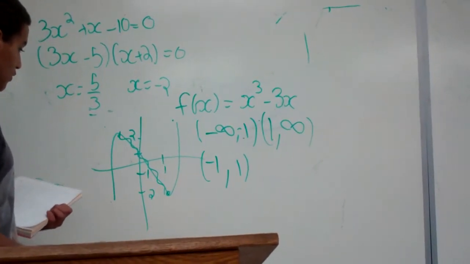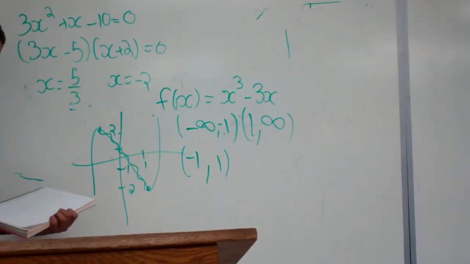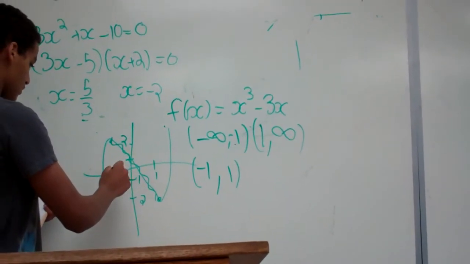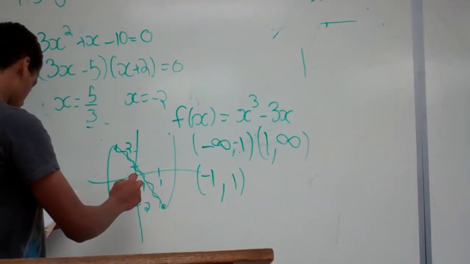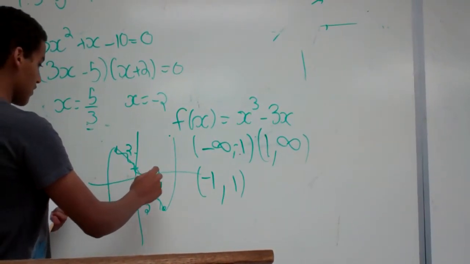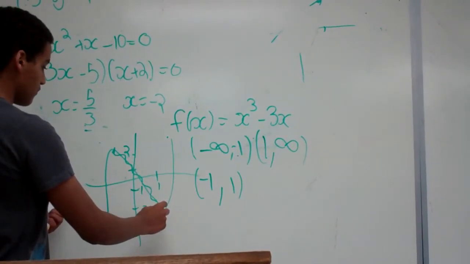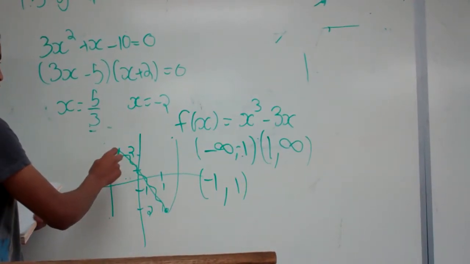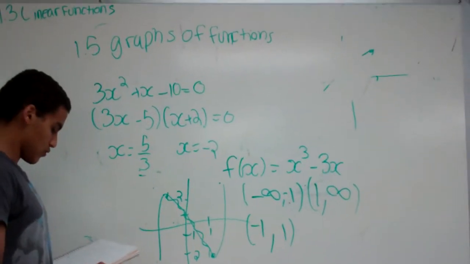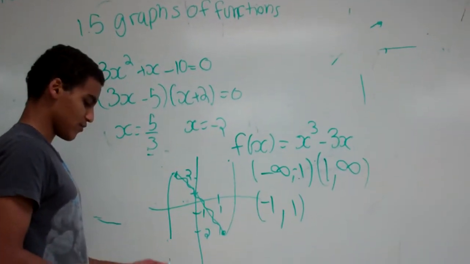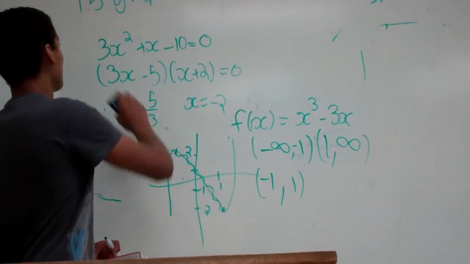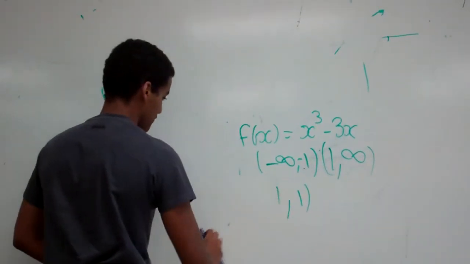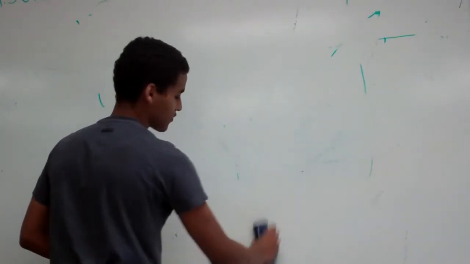And the local min and max in this case, the local min would be 1, negative 2, and the max would be negative 1, 2. So that's for 1.5, and then the next section is